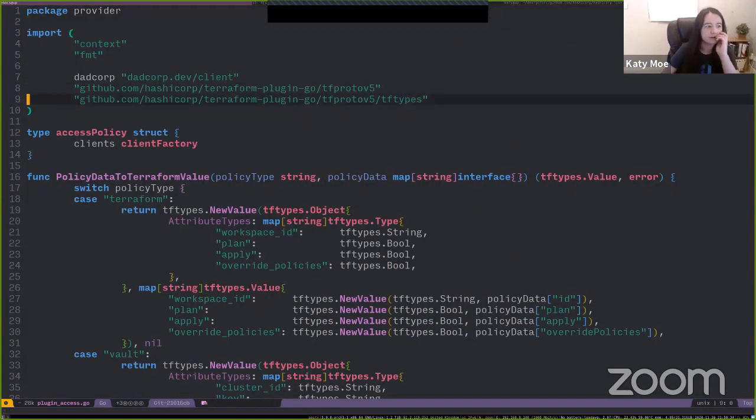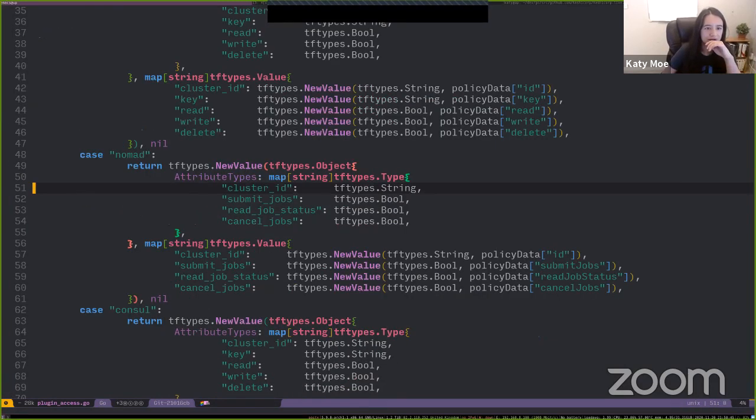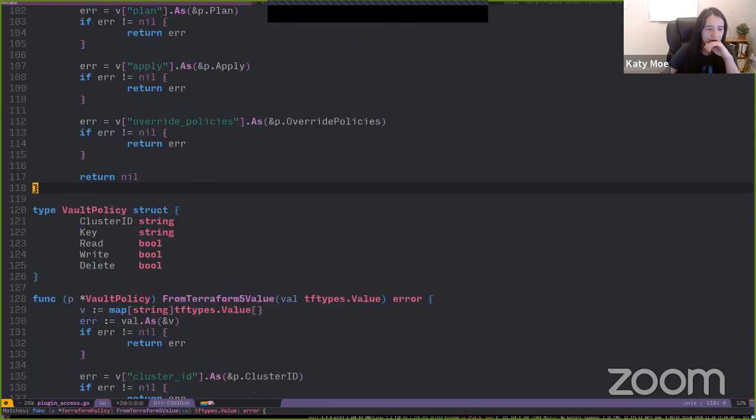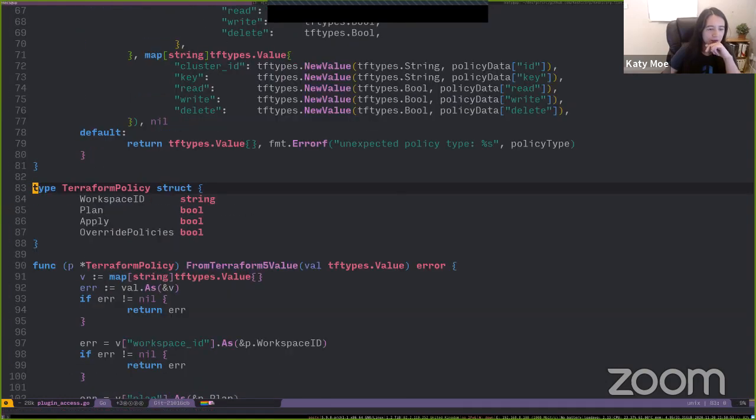So, this is similar to some of the other resources we've been showing you. It did require a bit of copy pasting. There's a lot of shuffling types around here at the top, which there's no need to show you here. But the interesting thing here is that we've got a type for each of these policy data options.